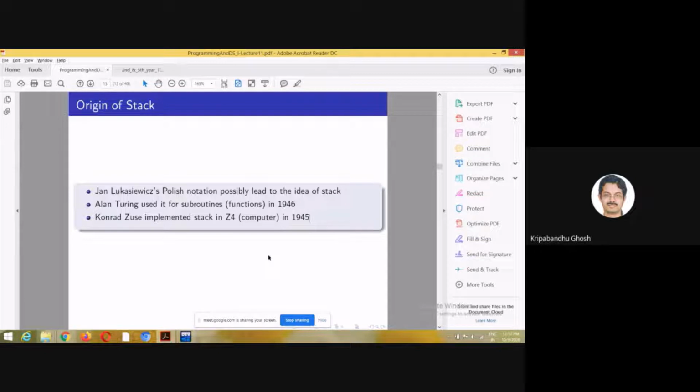Z4, in 1945. So you see that this is close to when the Second World War was coming to an end, right? So at that time, even though the World War was coming to an end, people in different parts of the world were honing their technological skills. The superpowers all over the world were trying to build new technologies.